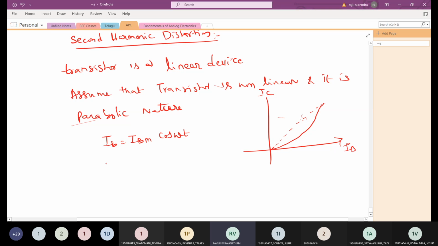And we can express IC is equal to G1 into IB plus G2 into IB square for the parabolic. Okay. So IB is equal to IBM cos omega t plus G2 into